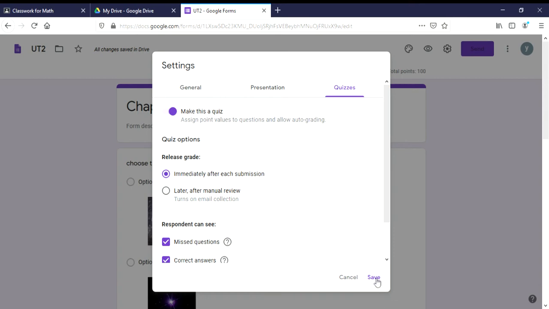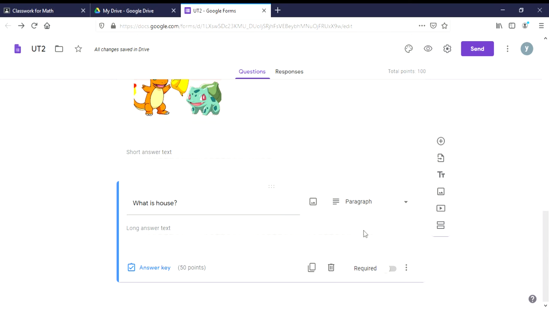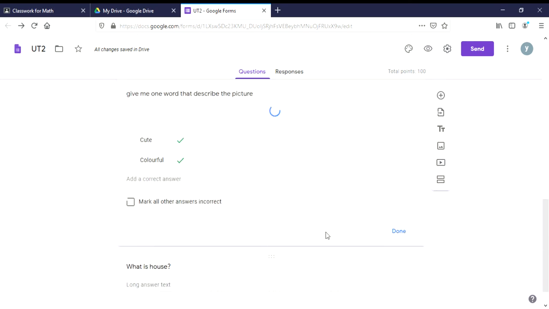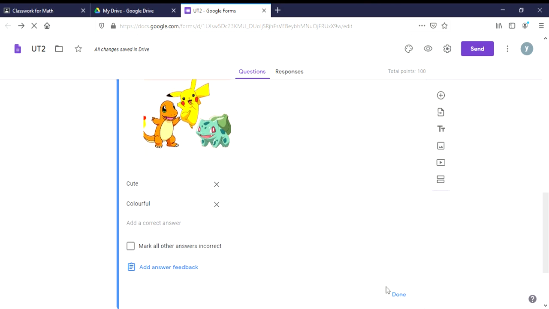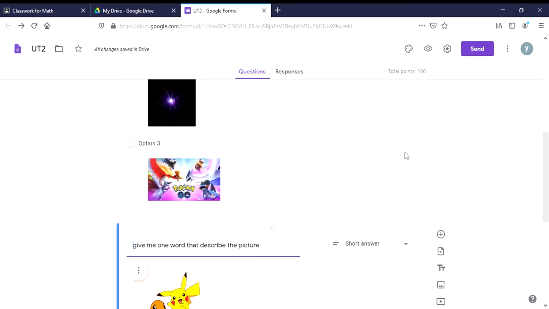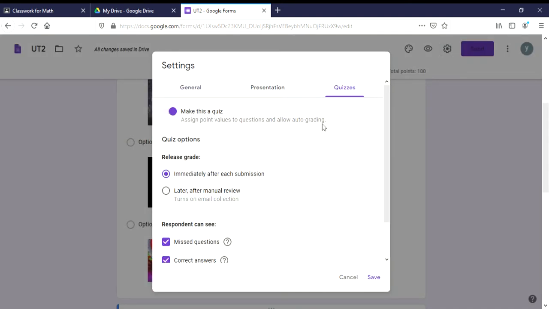However, as I told you, the system will not be able to score the long paragraph or the short answer if you do not mark all other answers as incorrect, right? So when they finish this quiz, they can see the score, but it's not the score for number 3 and not the score for number 2 if they answer it differently. I will show you about that later.